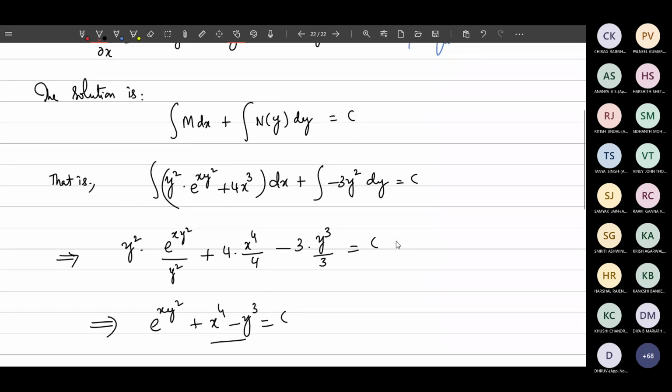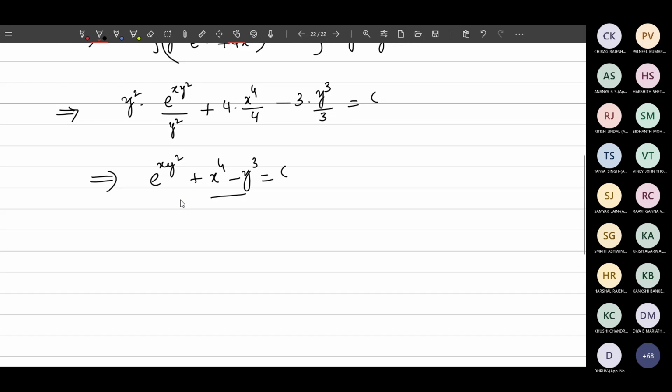Right. Now the question starts. Suppose these two are not equal, then what to do in that case? Dou M by dou y is not equal to dou N by dou x, perhaps. In that way, what to do? Then we have to reduce the equation into exact form by suitable substitution. So what is a suitable substitution here? Let us see. I will explain the method.